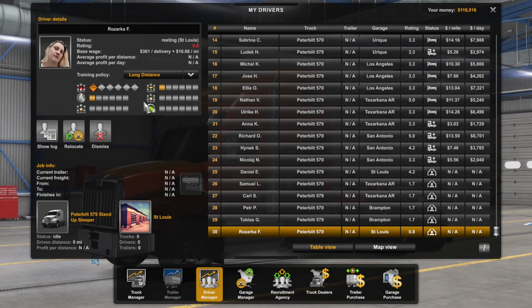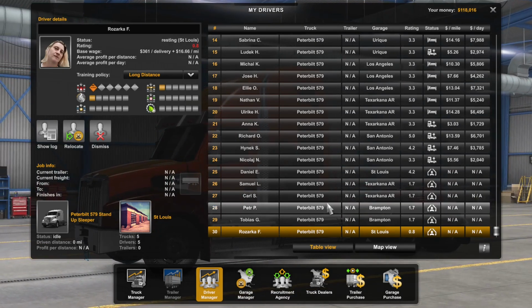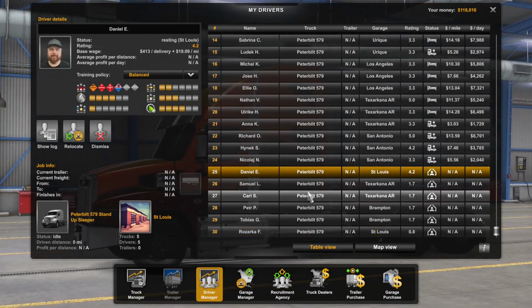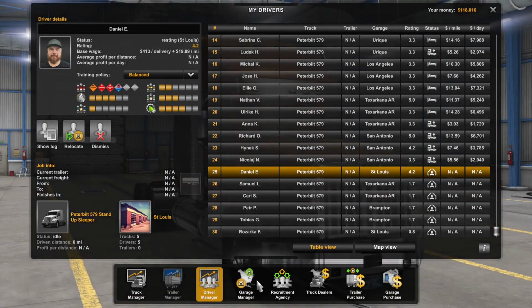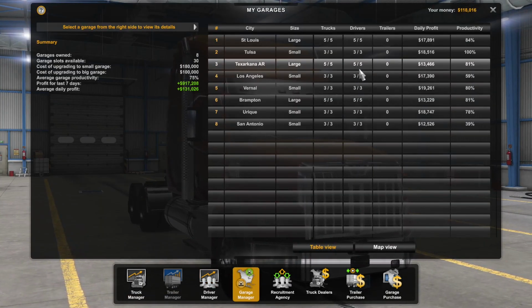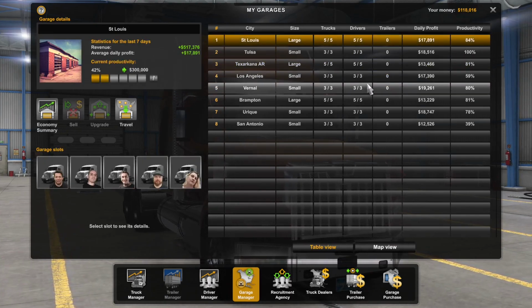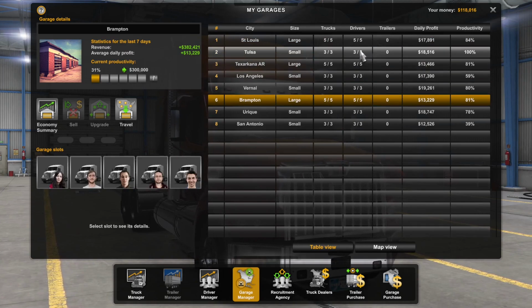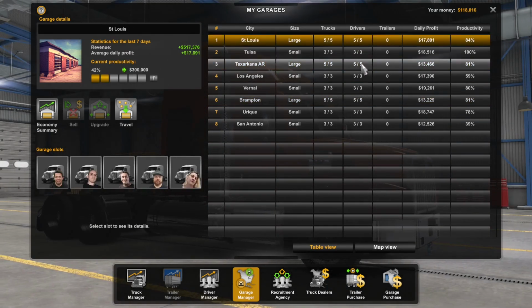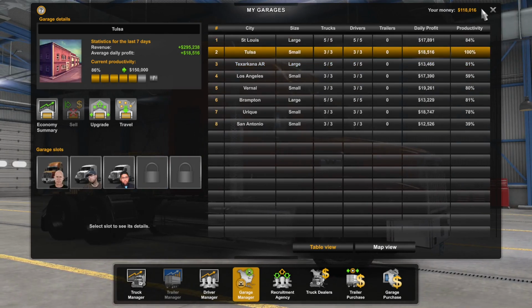So this doesn't seem right. Do I have a truck? 1, 2, 3, 4, 5, 6. Interesting. It almost makes me wonder if I have a garage where I'm missing a driver. Let's see, 5, 5. No, I don't. I don't understand how I had a driver that was already